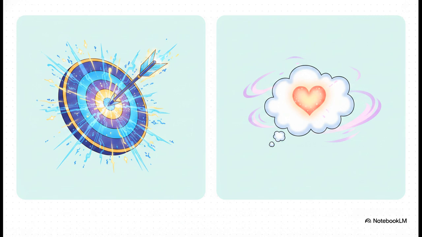Next up, Maya contrasts the core focus of the two forms. You must remember that the conditional is always looking at the consequence or the result. Think, I would buy a car. The subjunctive is entirely focused on the intention, the desire, or the doubt behind the action. Think, I want you to buy a car. Keeping this contrast in your head helps you instantly figure out exactly which tool you need for the sentence you're